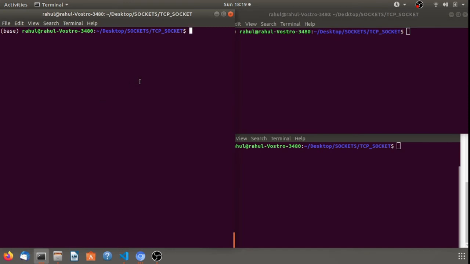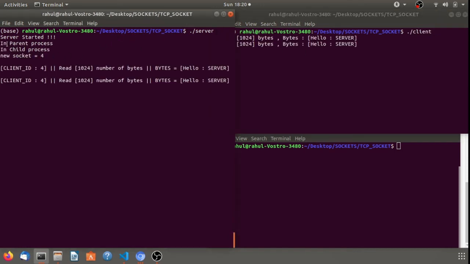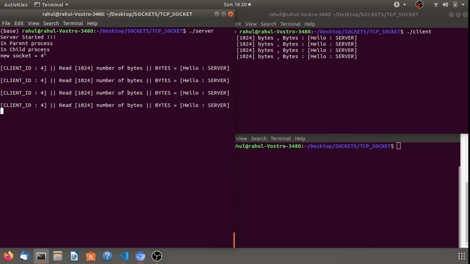So let's spawn the server first. Server started, we get a message. Now on the client side, let's spawn client 1. You see here, you get the message "server started in parent process", because the parent process has exited and we are in the child process.